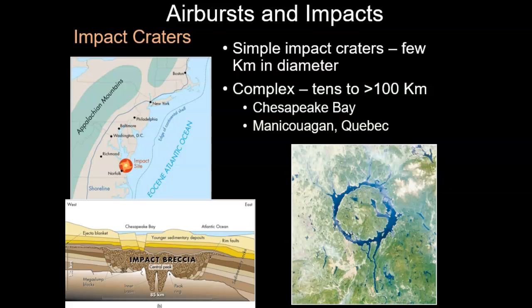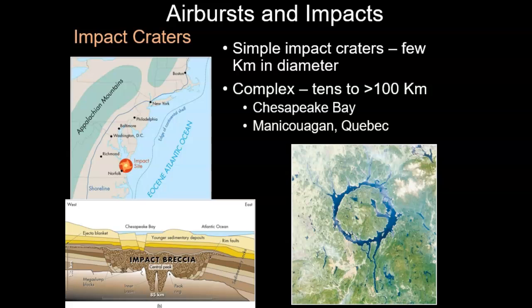All right, so impact craters are grouped into two different types, simple and complex. Both impact crater types will experience the same process of vaporization, of melting, of ejection of material, of formation of the ejecta rims, and later they will experience the infilling. But how they differ is that simple craters are typically small, meaning a few kilometers in diameter, such as the Barringer crater that we looked at in the last slide, and complex impact craters may exhibit actually quite a different